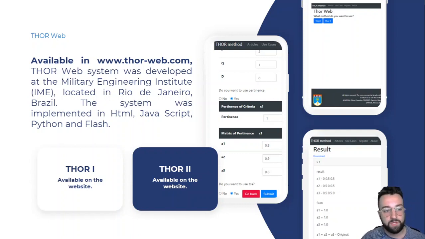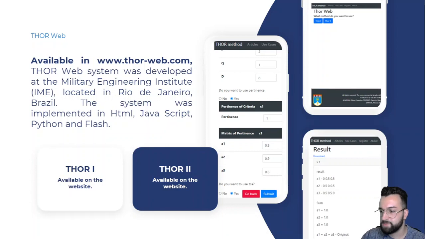On the initial screen, the user must choose one of the two methods desired, and in case of a comparison between the methods, the user must run the problem using both algorithms in order to compare the results. So, if you have a complex problem and want to compare the results using the original method THOR and THOR 2, you can access THORWeb.com for free.